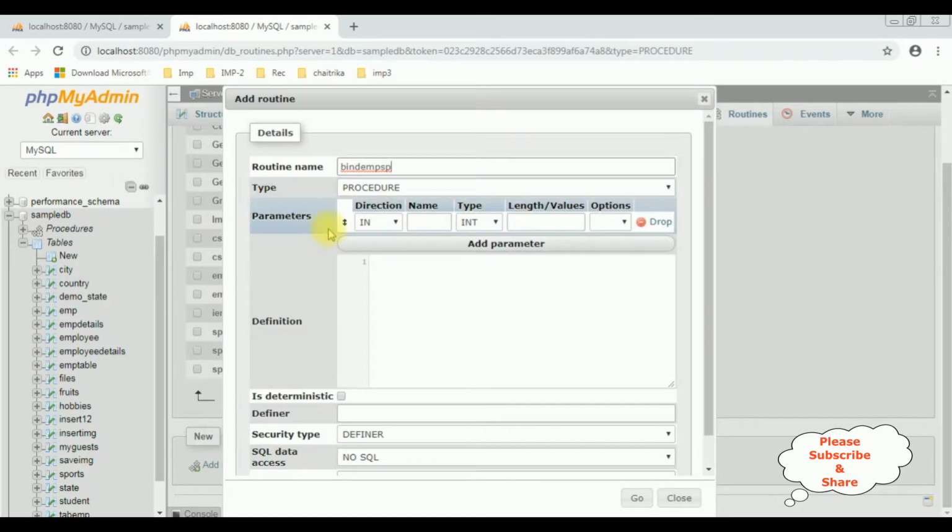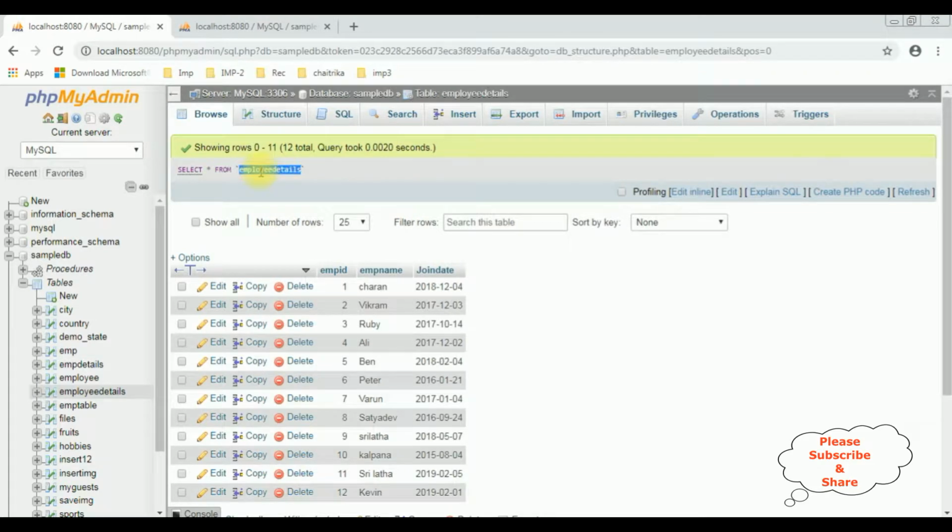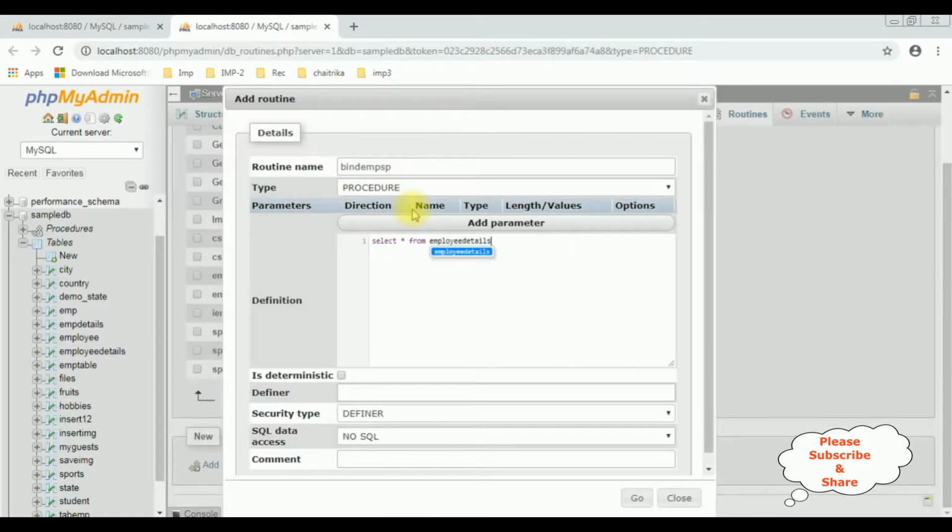For the parameters, I don't require these, so I'm dropping this column, and the definition is select star from the table name, employee details. Copy this one and paste here. That's it. Let's create the stored procedure. Click go,